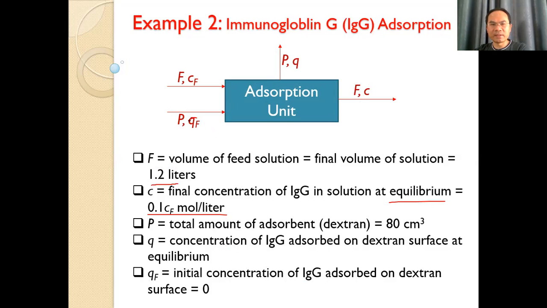That's right. QF is the amount of solute, or immunoglobulin G, adsorbed on the surface at the initial state. It is zero because at the initial state there is no solute adsorbed on the surface. That's right, QF is zero. And then you can